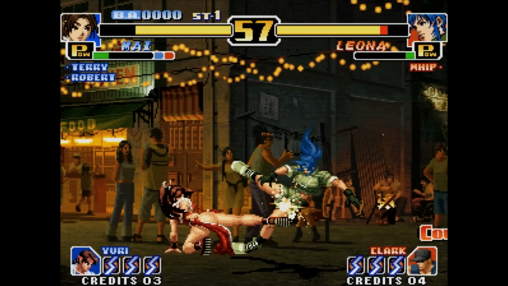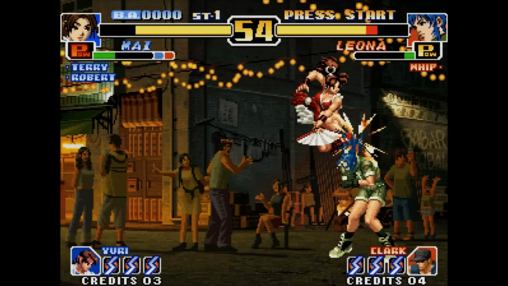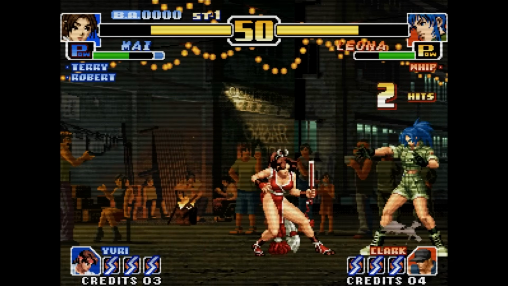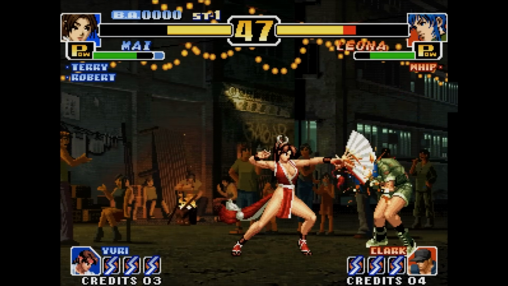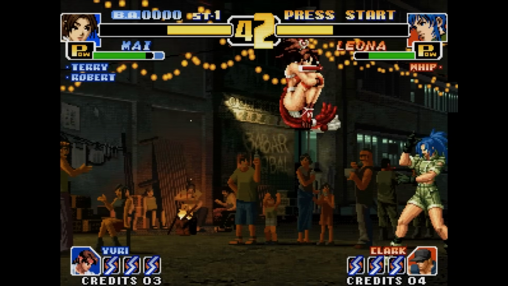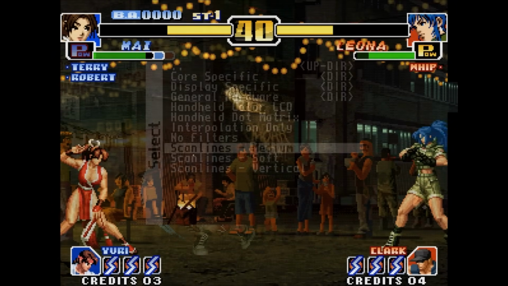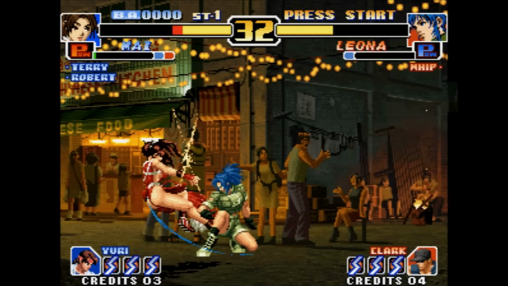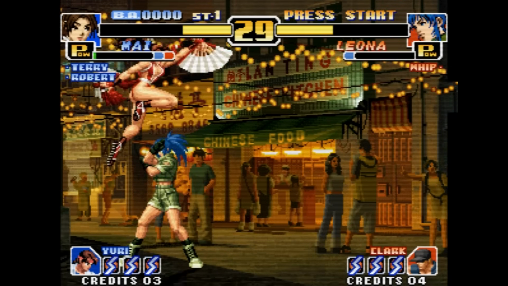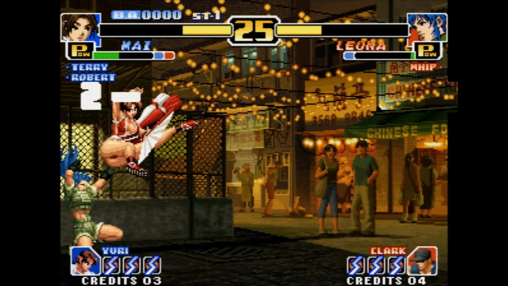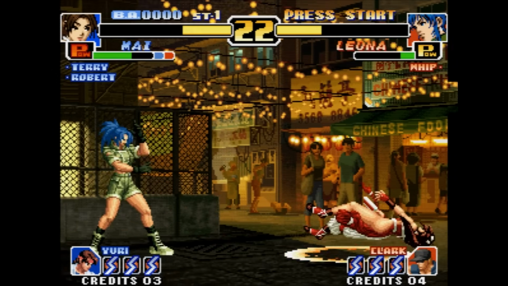That's the great thing about these filters, they apply instantaneously over the top in the video processing pipeline, and you can just check them out on a per game basis. Now I will say that these medium scan lines for me are too heavy. They're coming across on the screen a little bit too much like a pattern, and they're not really blending in. Vertical would not be good whatsoever, but I go to soft scan lines, now they're blending into the image, gives the image a little bit of a softness that does help it in certain spots,